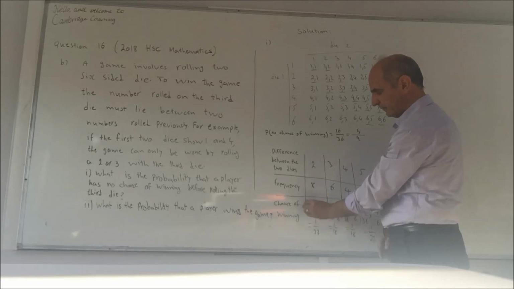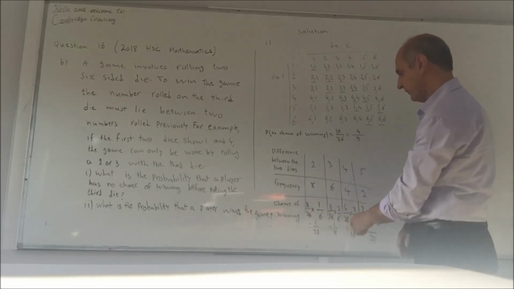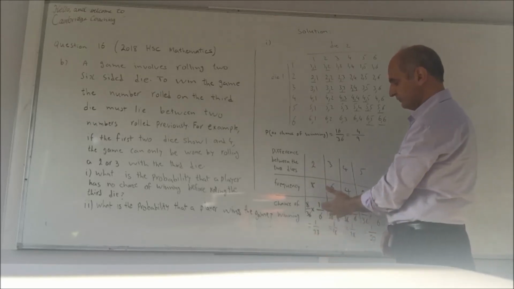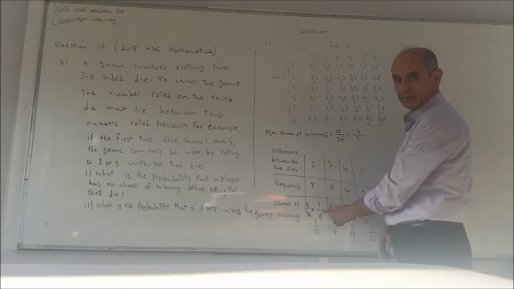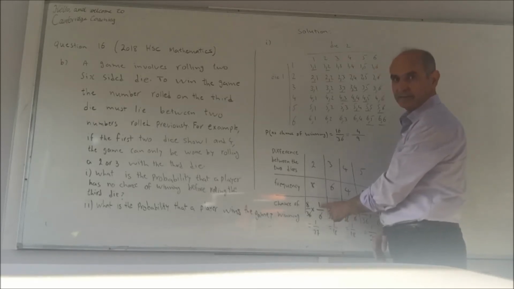That is for the first attempt, when I'm throwing the 2 dice. Then, when I'm throwing the third die, which is my second attempt, I have only 1 chance of winning. The reason being that